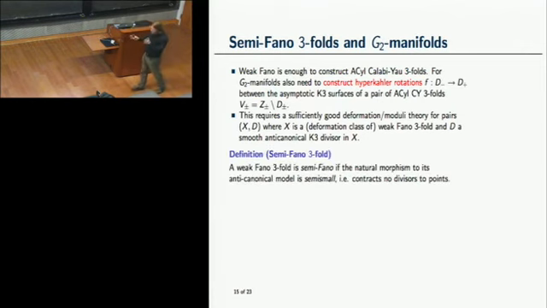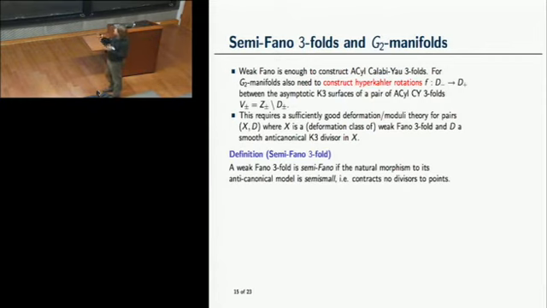So what you need is an intermediate notion that's significantly weaker than Fano, but a bit stronger than weak Fano. And this is what the assumption is. It probably won't make too much sense to non-experts, but I'll just tell you what the punchline is. So a weak Fano threefold, then